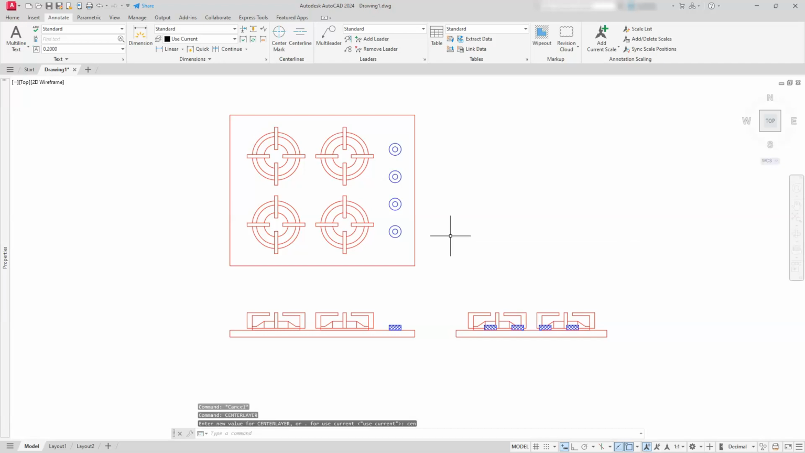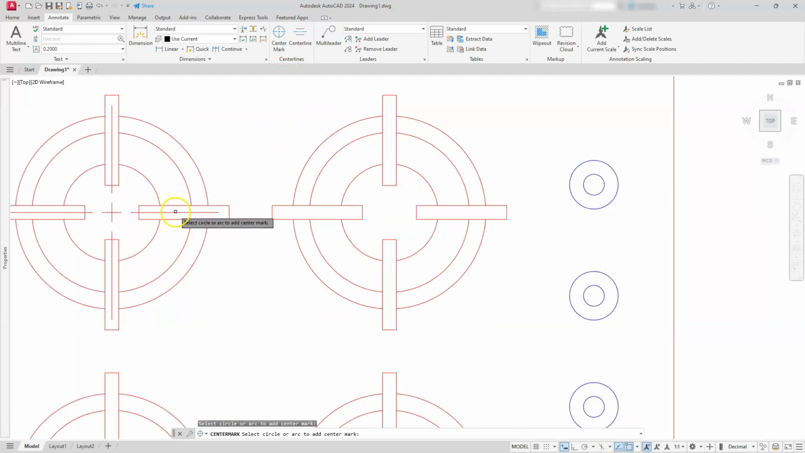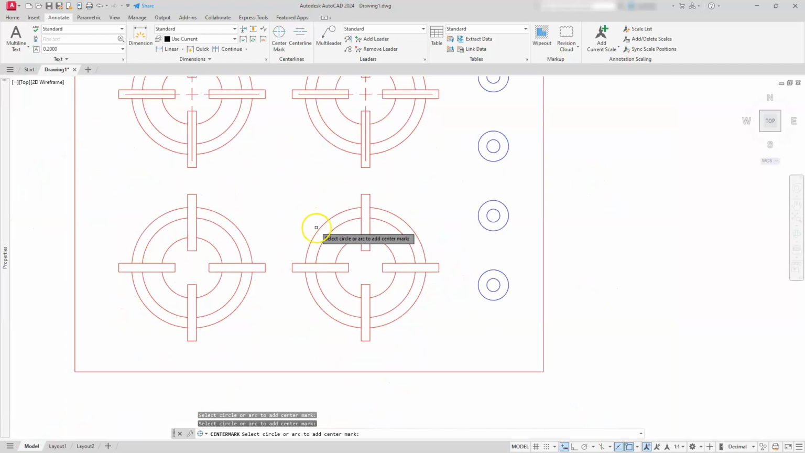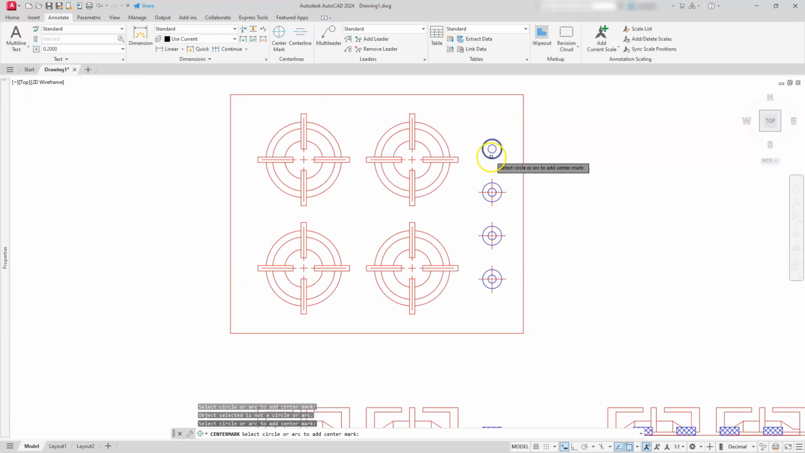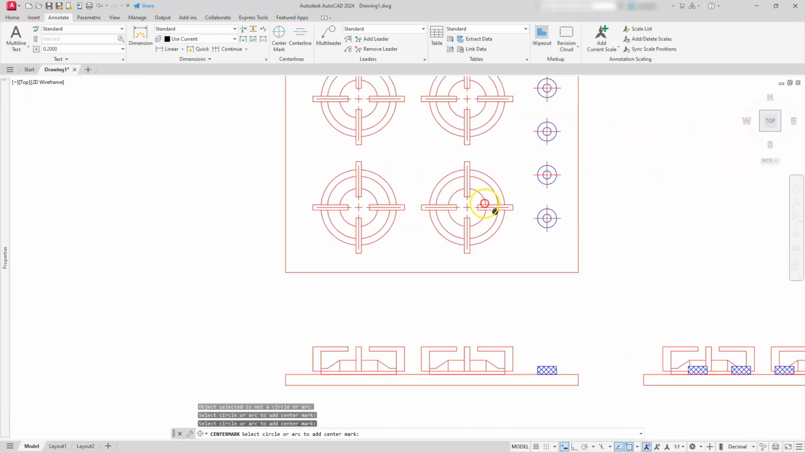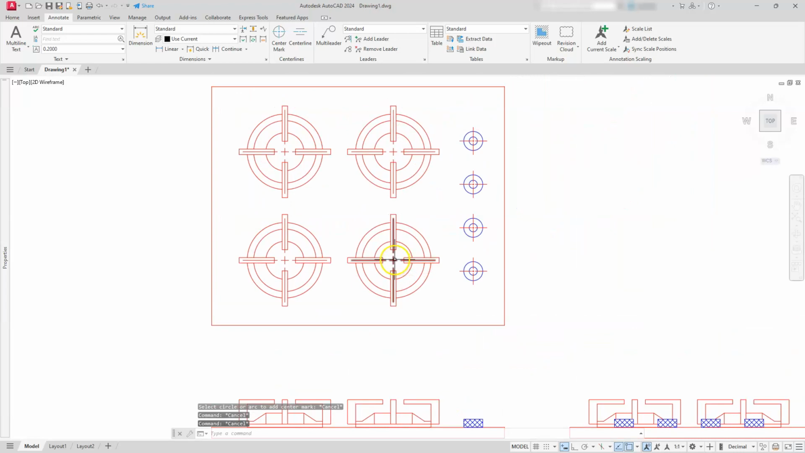Alright, now let's put our center marks on here. So I'm going to go to center mark, and I'm just going to start selecting these circles. Now you see that these are going to be a little bit smaller than what I need. But for what I need right now, I'm going to leave them the way they are, and I'll adjust them here in a second. Alright, so now that I have all of these labeled, I'm going to select these 4,